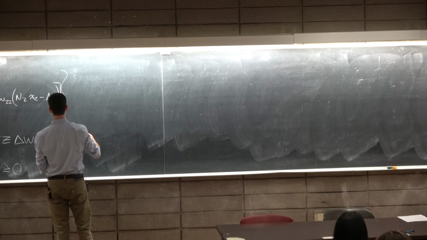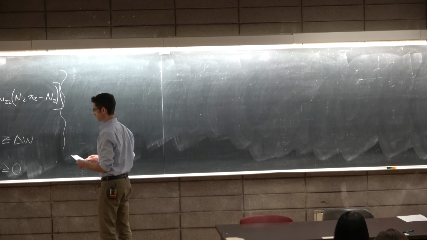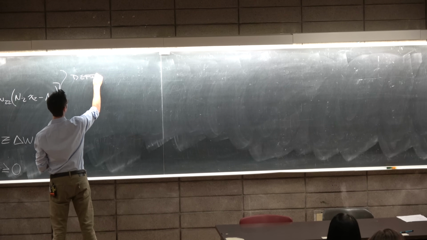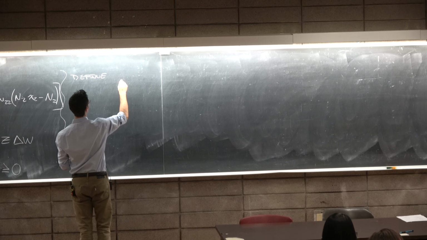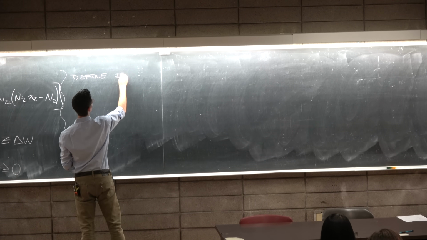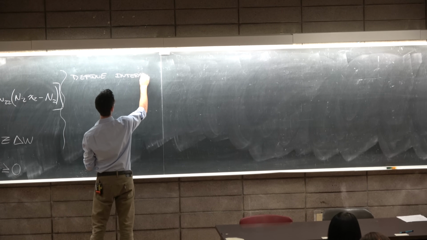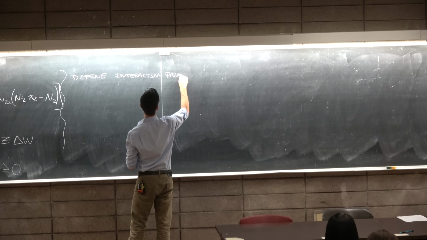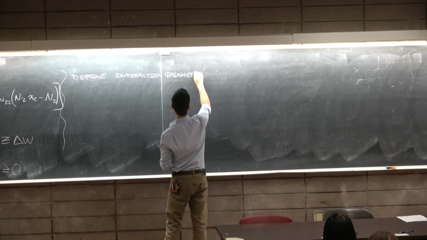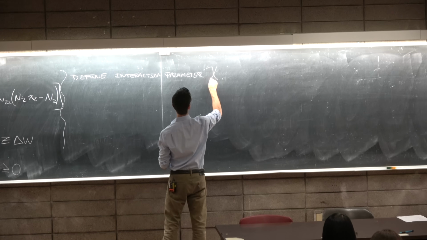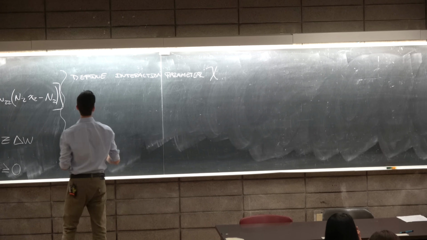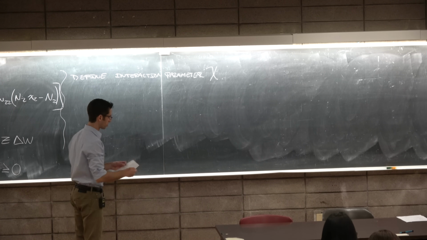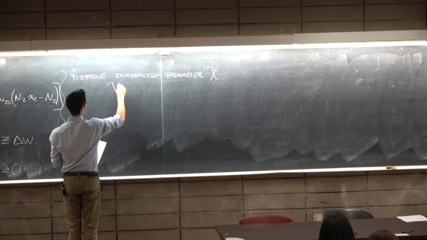Let's make our lives a little bit easier by defining an interaction parameter chi, which is sometimes called the Flory Huggins interaction parameter, where chi